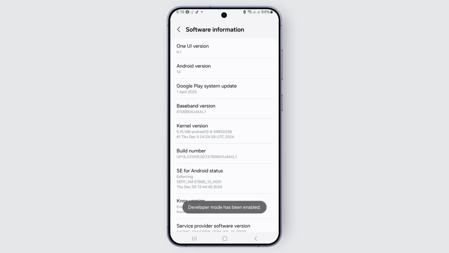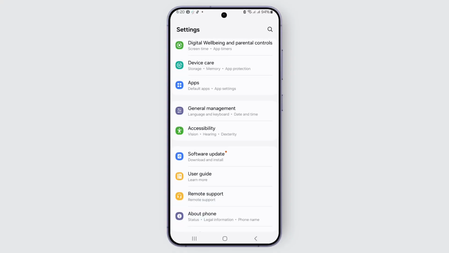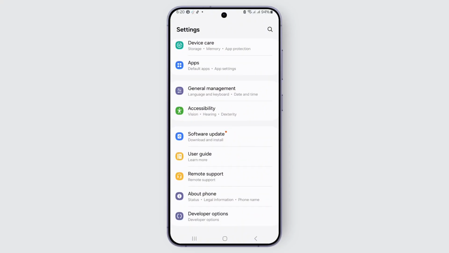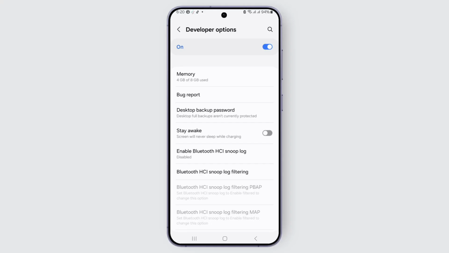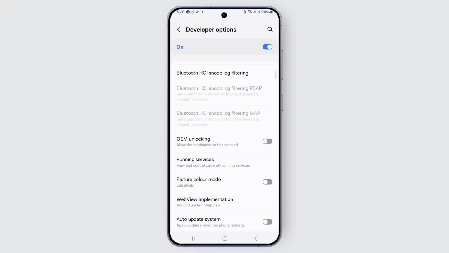After that, you'll be prompted to enter your phone PIN, so go ahead and enter it. Once you have done that, you'll see the message that developer mode is now enabled. With that, go back to the main settings page, and scroll down again and you will see a new option called Developer options. Just tap on it, and inside the developer options, scroll down and tap on Running services,